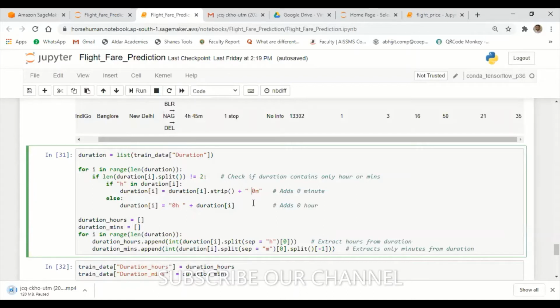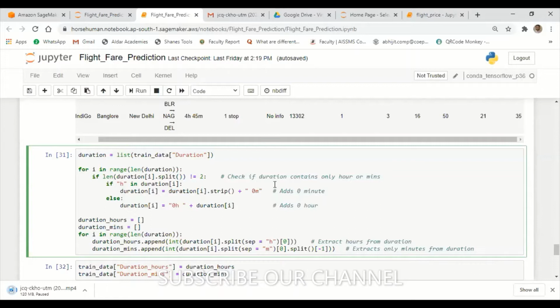The rest of the things are the same. This is to add the minutes, and this is to add the hours. But before adding the minutes and the hours, I'm checking whether the duration contains both hours and minutes, or only hours or only minutes. Understood?